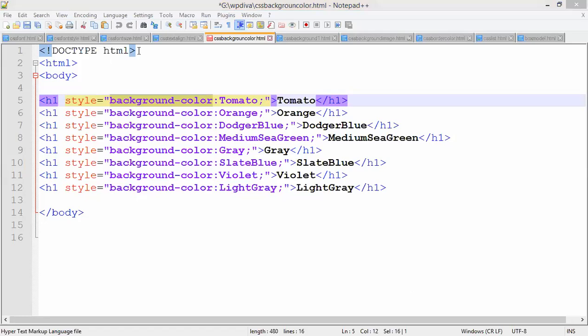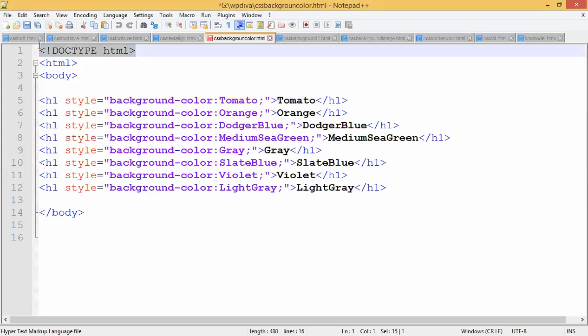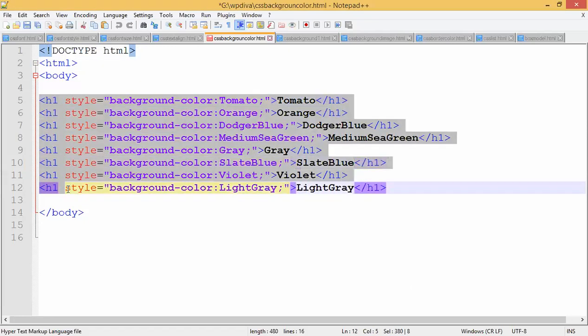See, so what I'm doing, doc type HTML. Okay, you can keep it as optional or you can write HTML, right? Okay, so take a first line, that is a doc type HTML, because we are writing it into the HTML file. If you're writing XHTML, we have to write a header of XHTML. So here I'm writing in HTML, so I'm taking doc type HTML. Okay, then after that I'm opening an HTML and I'm opening a body tag, and inside body tag I'm applying that to heading H1. So which kind of CSS it is?